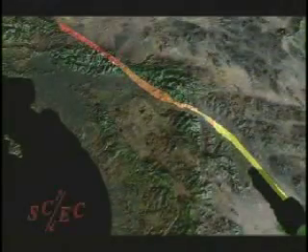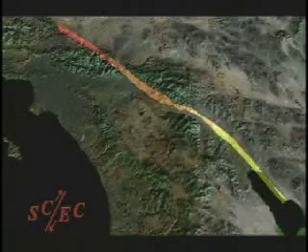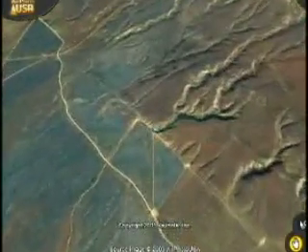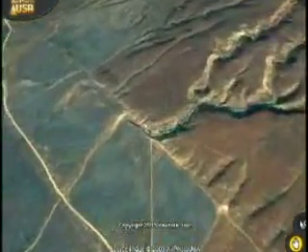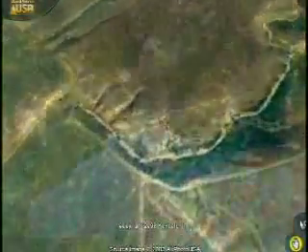But what about the southern section of the San Andreas Fault, extending from Wrightwood through San Bernardino to the Salton Sea? This section of the fault has not triggered a truly large earthquake in historic times, so how can we know when the last big earthquake occurred there, and just how big was it? We can estimate the magnitude and dates of prehistoric earthquakes by examining sediments at fault sites.